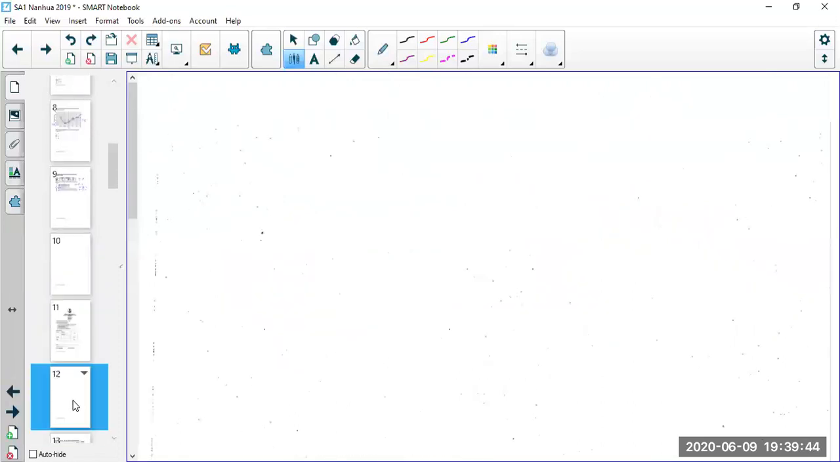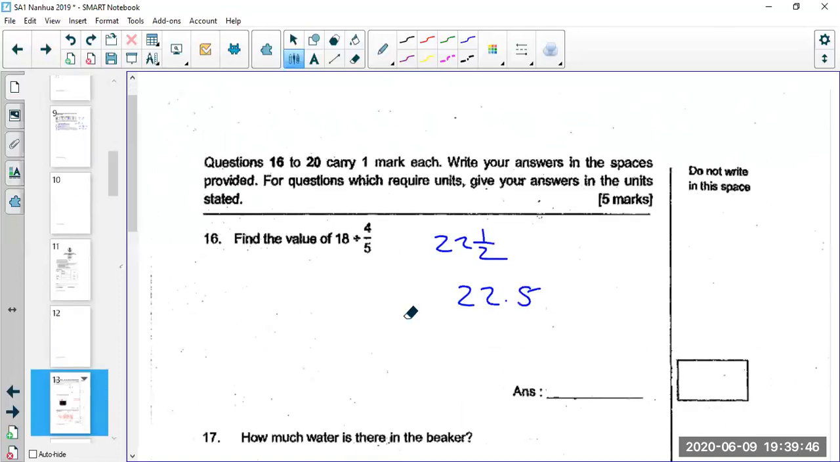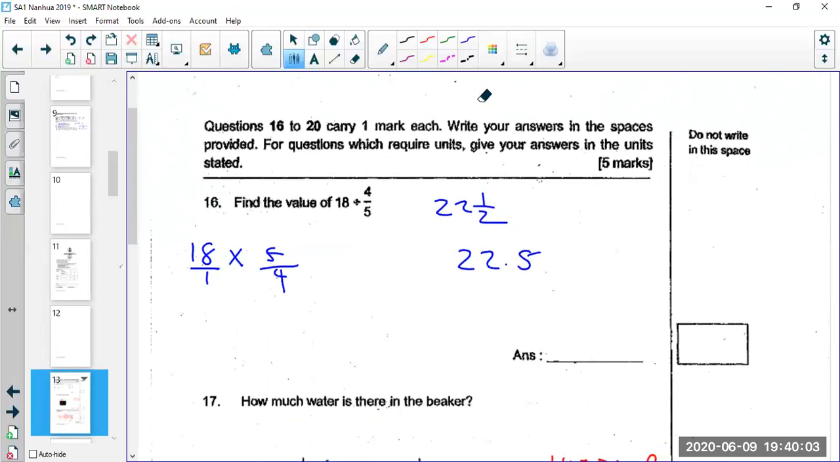So we go to the question 16. How to get the answer? 18 divided by 40. So 18, change the divide to times and flip upside down. So the whole number, you also change it to a fraction. So 18 becomes 18/1. So change, flip. Then you can cancel, divide by 2 and divide by 2. And you will get